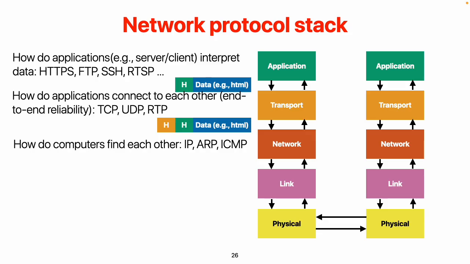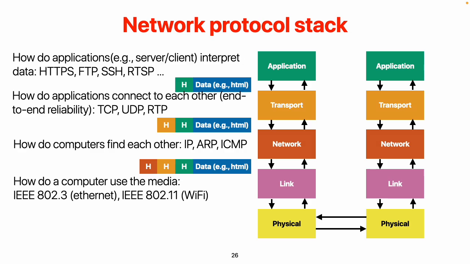So those are the networking protocols. And again, you would add another header, and this header tells you which IP address you should deliver this to, right? So the network layer defines the global routing of how to deliver this packet. And then per link,